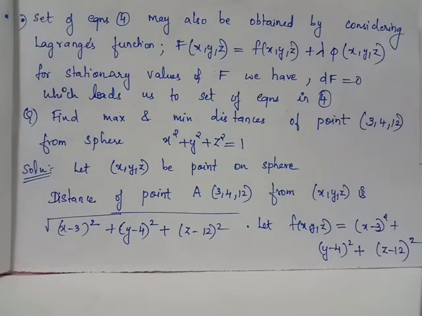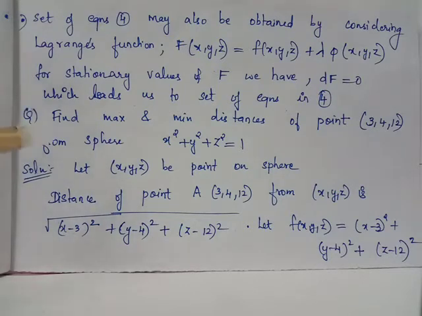Find maxima and minima distance possible for a point 3, 4, 12 from the sphere x square plus y square plus z square equal to 1. So we are given a unit sphere and we know that the general point can be considered as point x, y, z. We are given a fixed point 3, 4, 12. We wish to examine the maximum distance and the minimum distance from the point 3, 4, 12 to the general point x, y, z. So here we will be making use of the distance formula which we studied in class